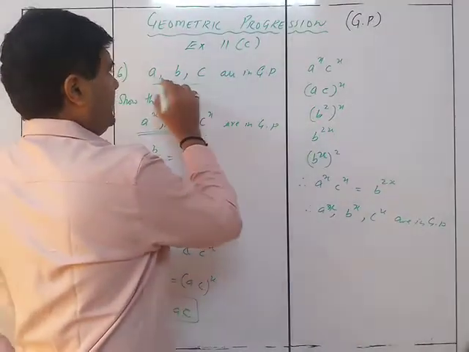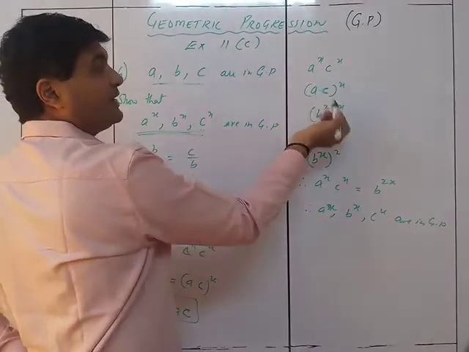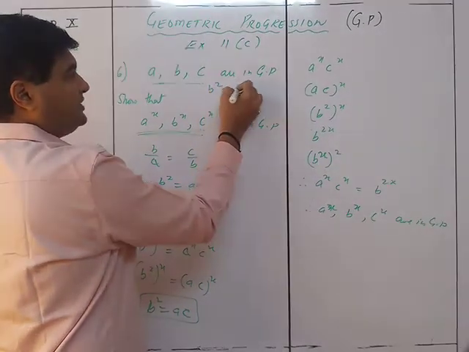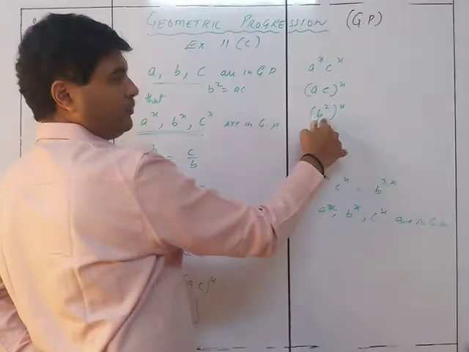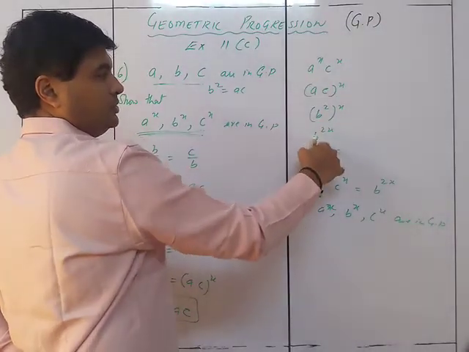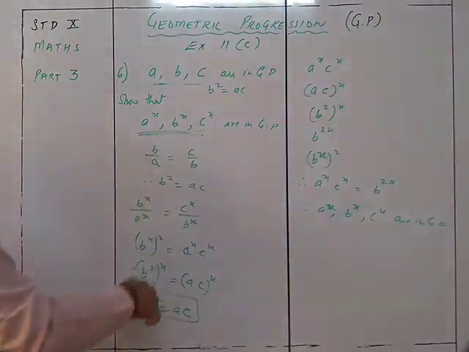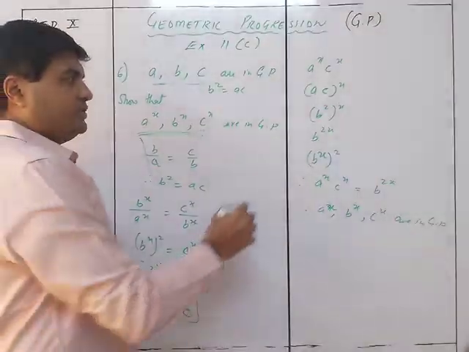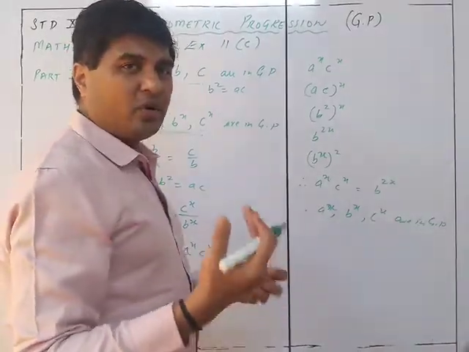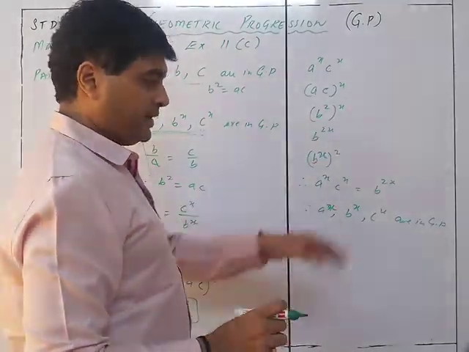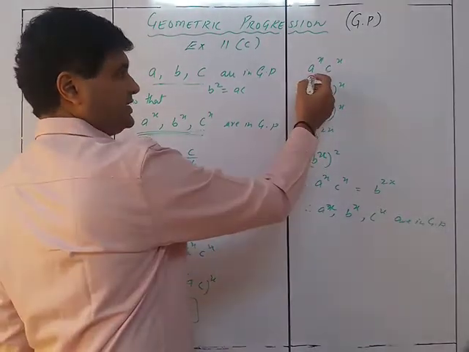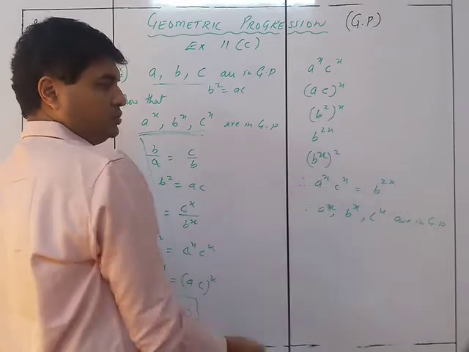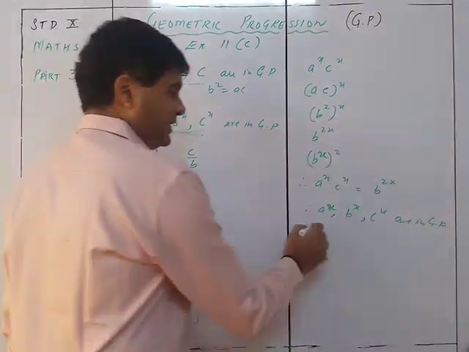You already know that A raised to x and C raised to x, what should their multiplication be? So it should be this much, which we know by this, we know that B square is equal to AC. So instead of AC, you are getting B square. In fact, this is a better method because here you are taking already that thing, so you can cancel this part. It is better to use this one because here you are not taking that which is already the same. We are proving it. So here you are saying that AC is already B square, so which is Bx raised to 2. So that is why these are in GP.